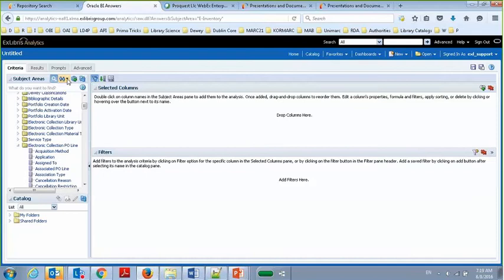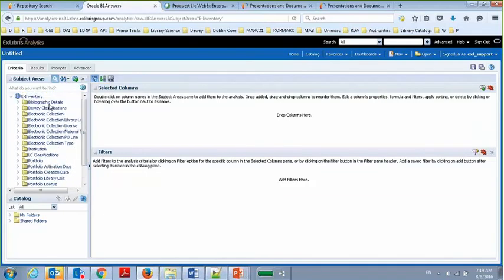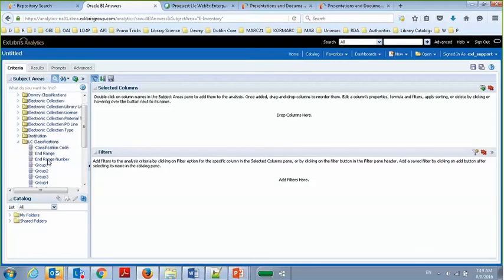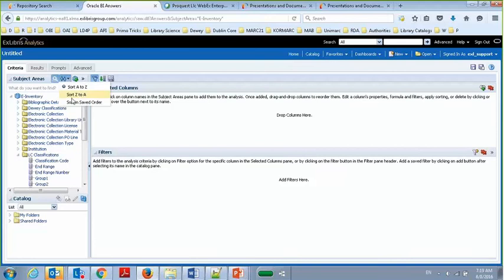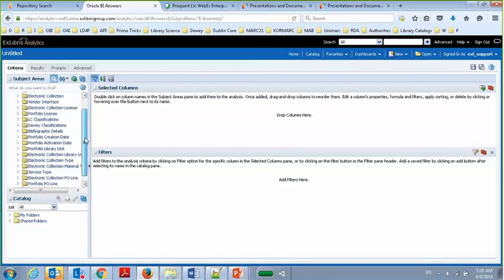So now if I come and I sort alphabetically, first of all, now all the folders are alphabetical. If you remember before, portfolio was on the top, the one with the measures. Now these are all alphabetically arranged. LC classifications also now is alphabetically arranged. If I put this back in the standard order, sort in the saved order, the order it comes in, now you'll see portfolios back on top, and if we go to the LC